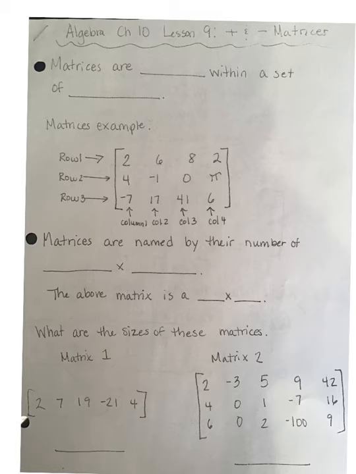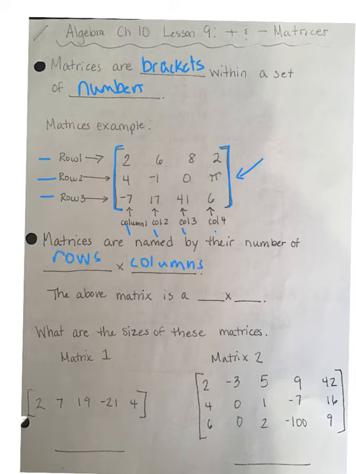The rows are what's going this way. The columns are what's going this way. So this one has 3 rows and 4 columns. Matrices are named by their rows and columns, kind of like when you buy wood at Lowe's or Home Depot and hear 2x4, or pictures that are 8x10. Those are named the same way a matrix is. So the above one has 3 rows and 4 columns, so it's a 3x4